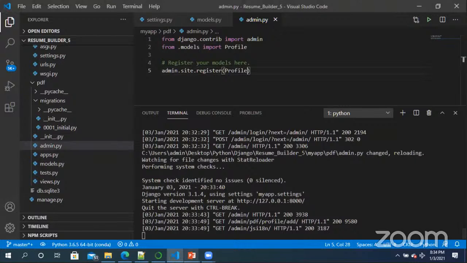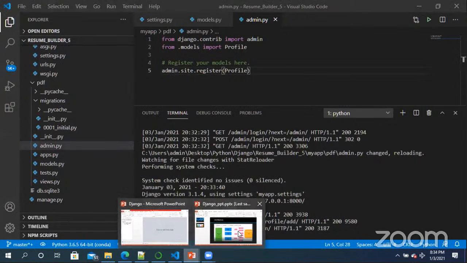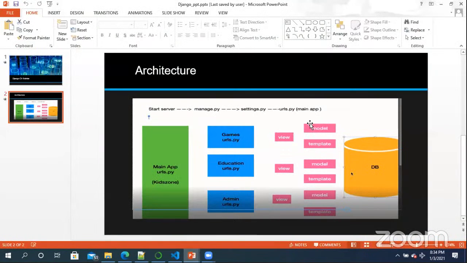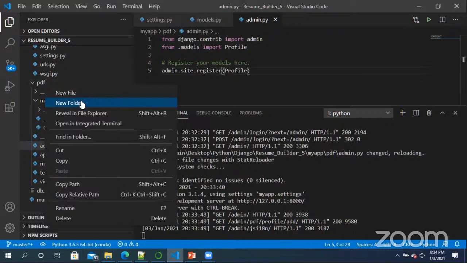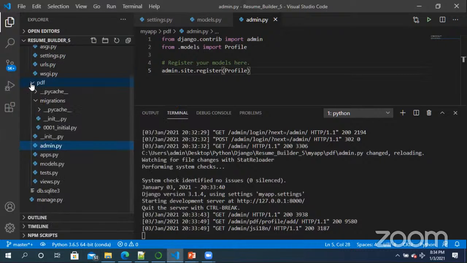So now, as per the diagram where we created something in the models, I need to create something in a template and I need to create something in the view. So let me create something as a template. I will create a folder. If you're working in a big project, you create a separate folder outside